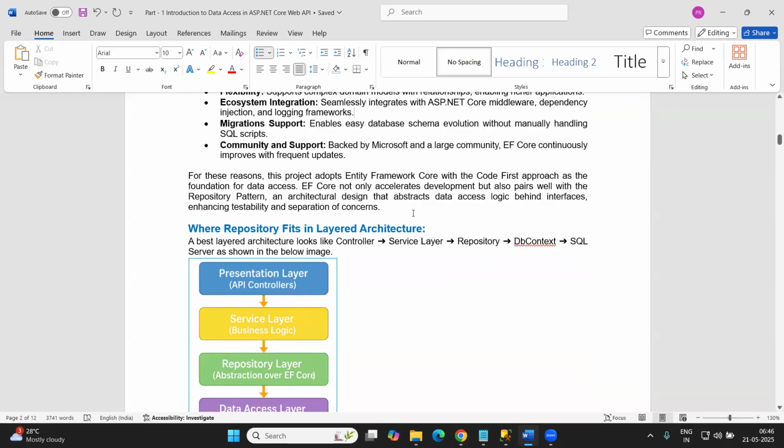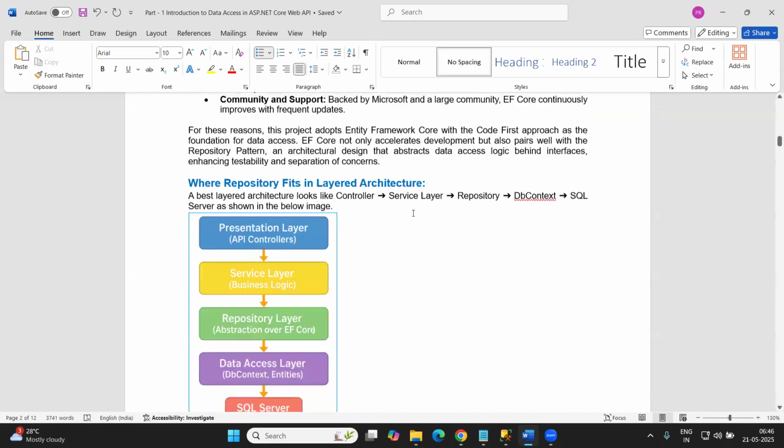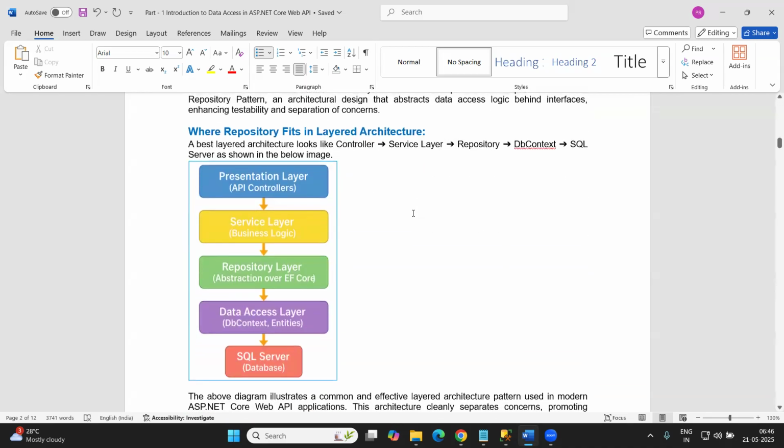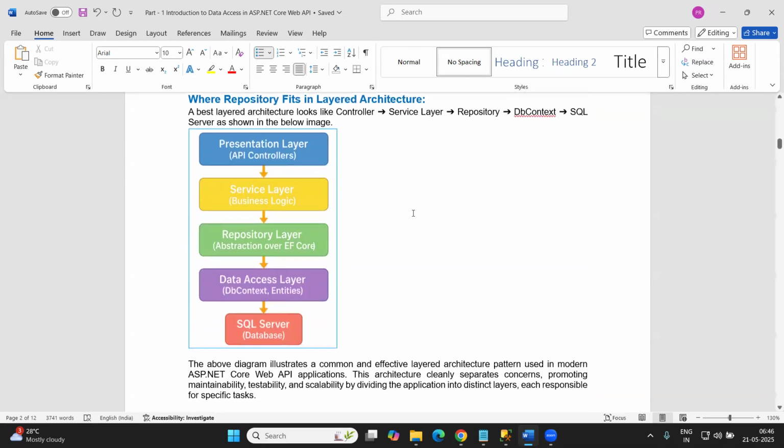Now, as we are going to learn the repository design pattern, before understanding what the repository design pattern is, first we need to understand the different layers of our application and where this repository layer fits in our application development. See, this is my presentation layer. Presentation layer means the layer which will expose the